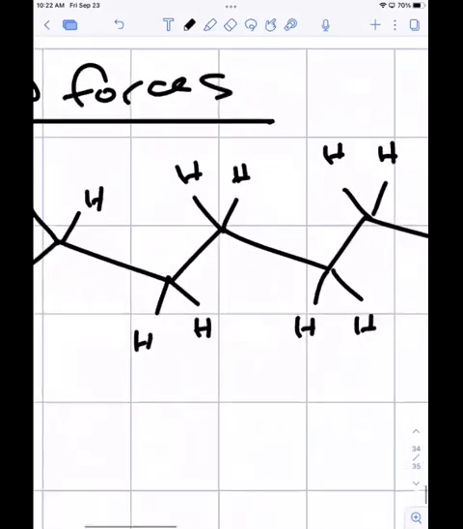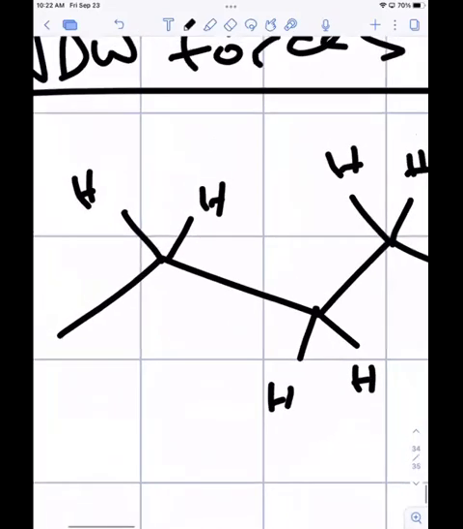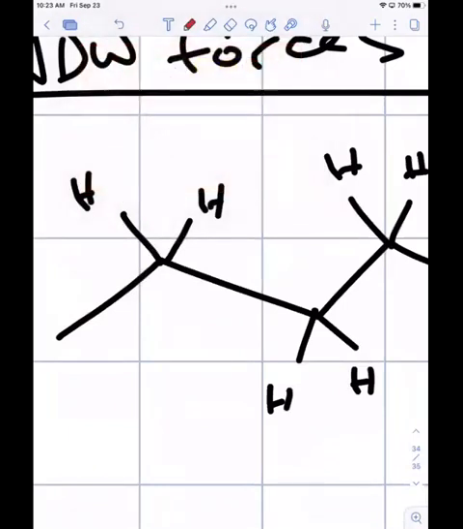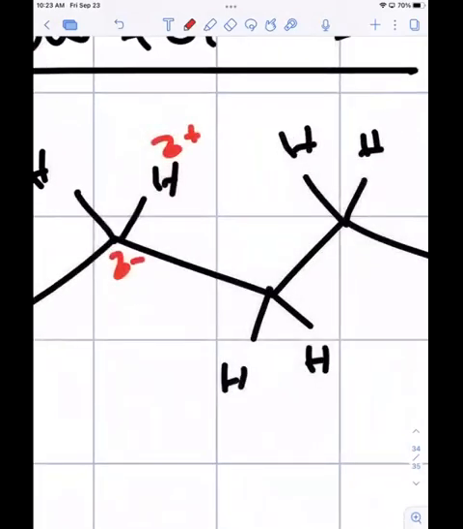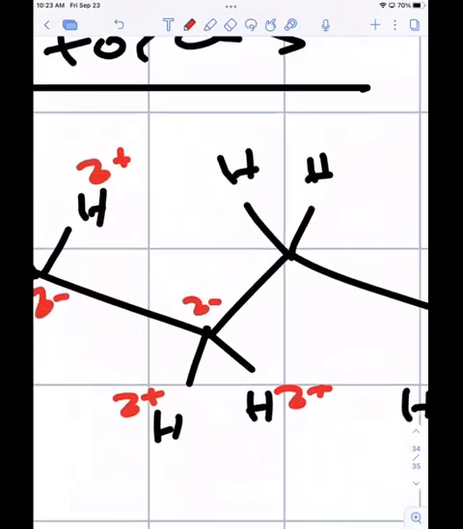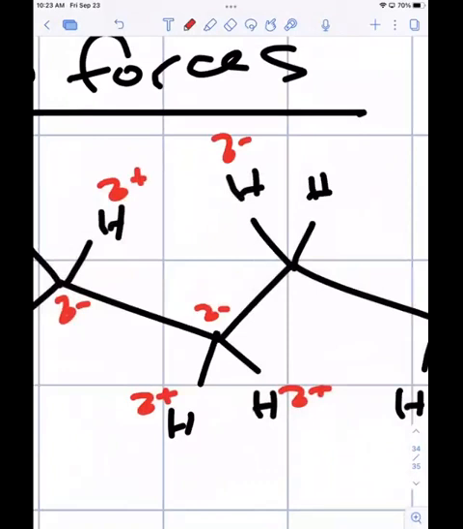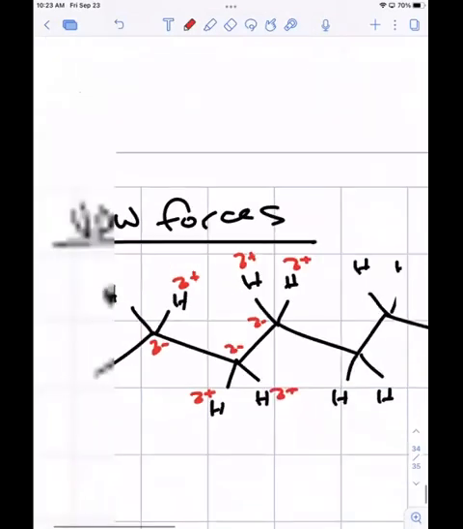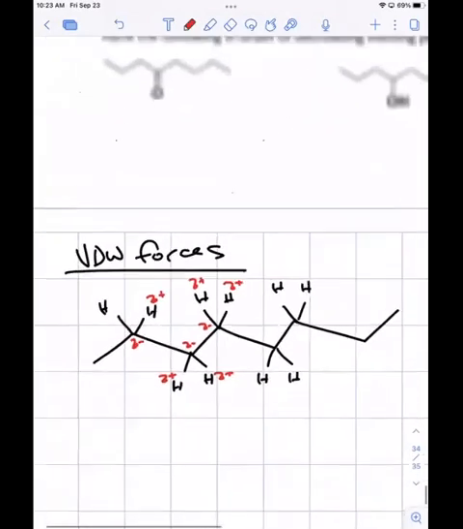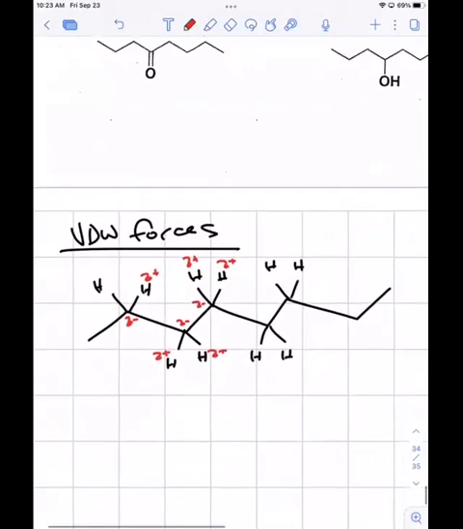Right, and within these carbon hydrogen bonds, you have micro dipoles. They're not huge dipoles, but carbon is more electronegative than hydrogen. So this is going to be partially negative, and then the hydrogens are going to be partially positive. And that's all the way through this whole molecule. So this is partially positive, partially negative. Right, and so if you have another one of these molecules that's in the vicinity,